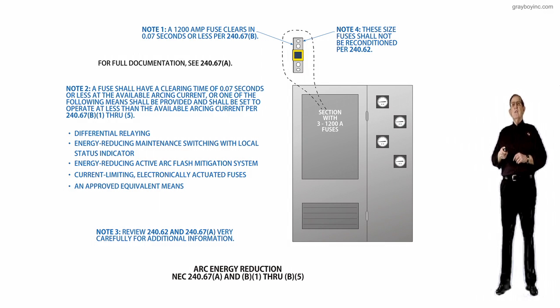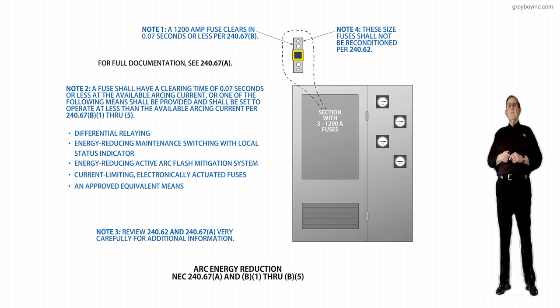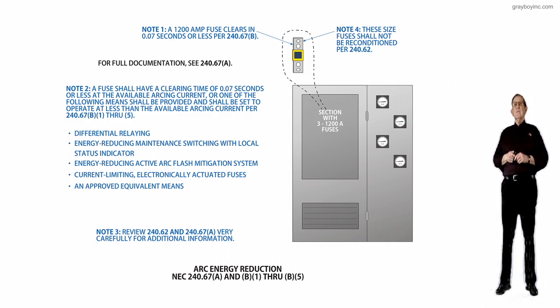Fuses should have a clearing time of 0.07 seconds. Now that is fast. You can take and divide 0.07 by 0.0167, and that would give you that in cycles, and you see it's not very much. And notice it says this 0.07 seconds or less at the available arcing current, or one of the following means shall be provided and shall be set to operate at less than the available arcing current per